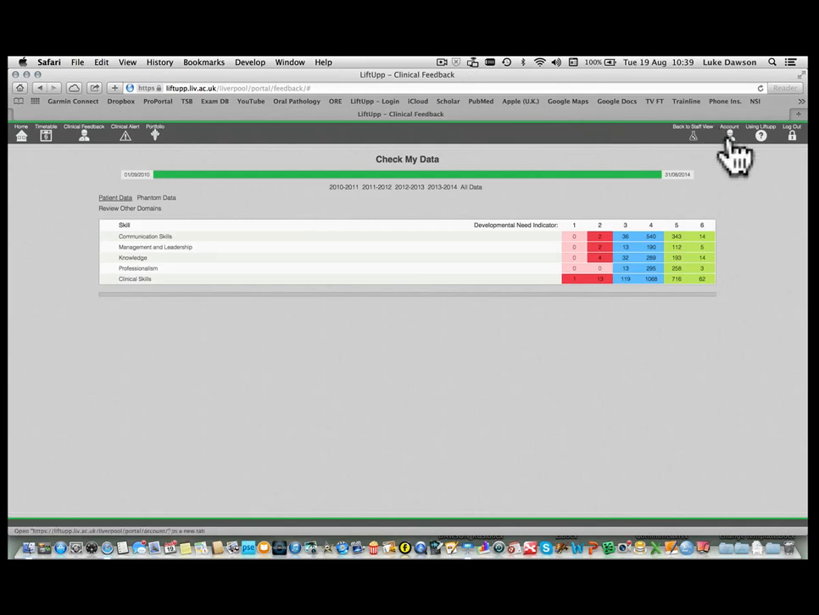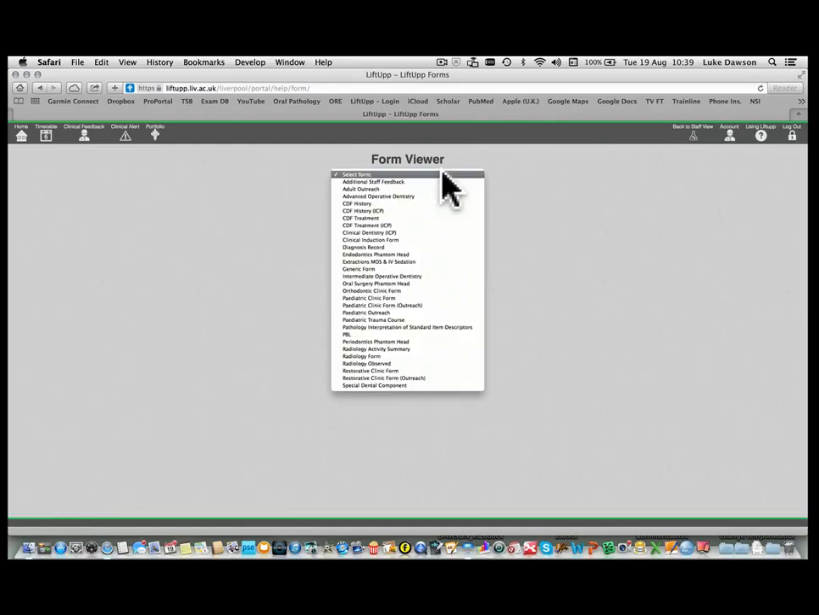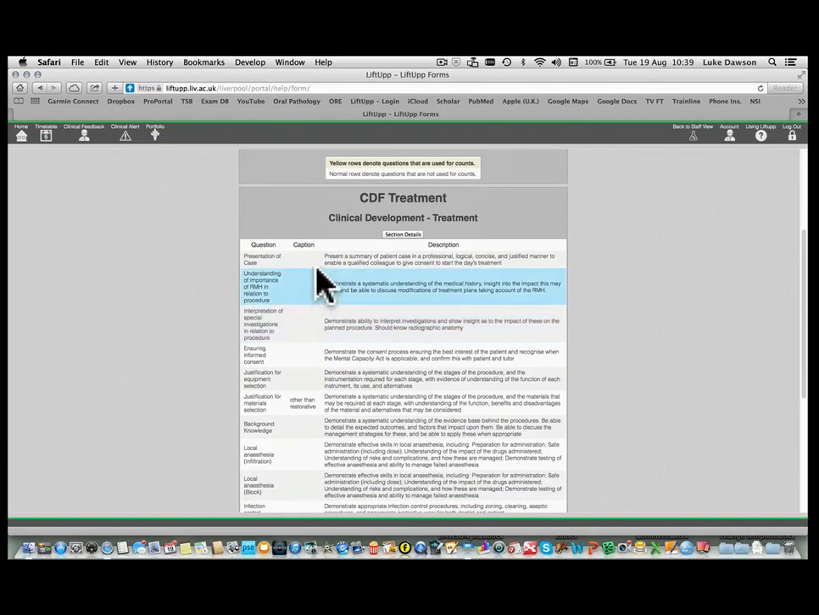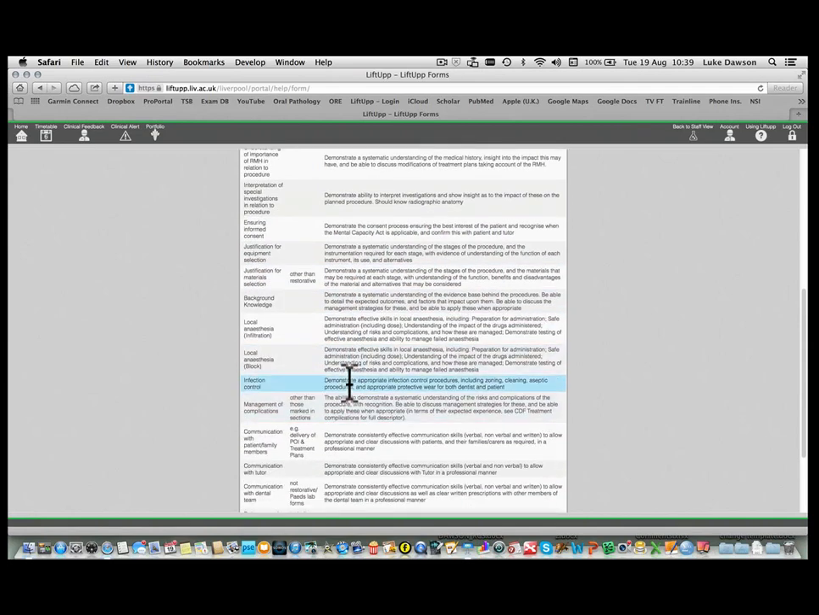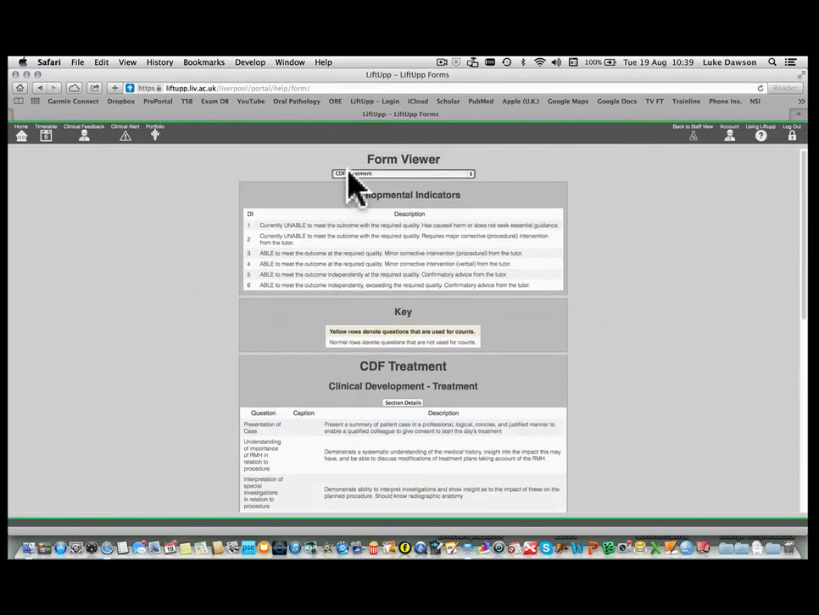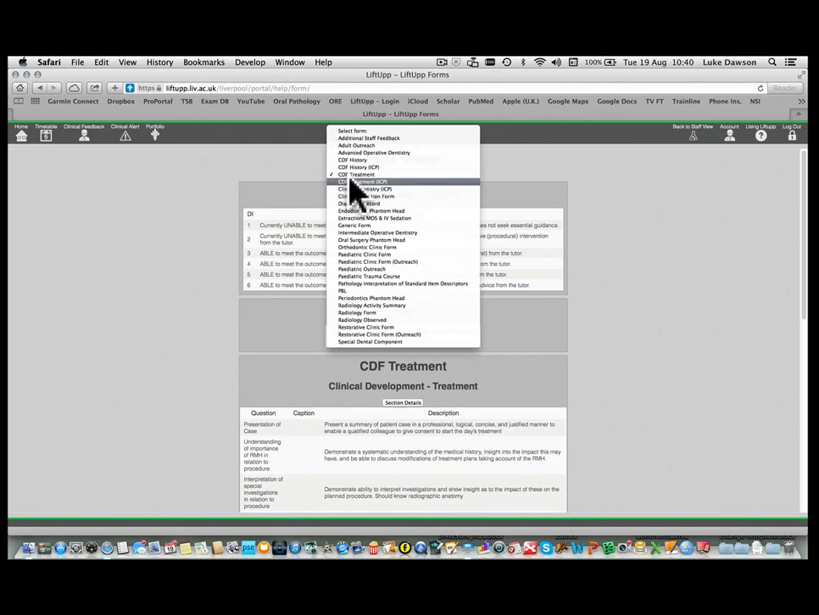Over on this side you have controls about your account, and then there's some information here about using Liftupp. This presentation will be on there eventually as well. Liftupp forms allow you to see all the forms that are on the iPads. So for example, CDF treatment, these are the levels, the 1 to 6. These are the questions, and this is the description. This is what members of staff are making decisions on. So it's worth your while looking at these forms to be very, very clear what it is that members of staff are looking for. If I go to something like the restorative form,